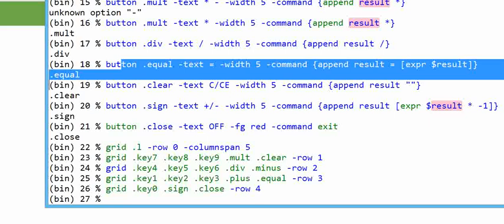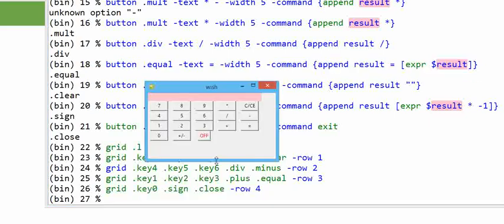execute the output. Okay, so we need to understand first of all, if I write 5, it will appear as 5. After that, if I press plus, it is appending, because I used the command append. After that, if I press some other key, it will append the value.